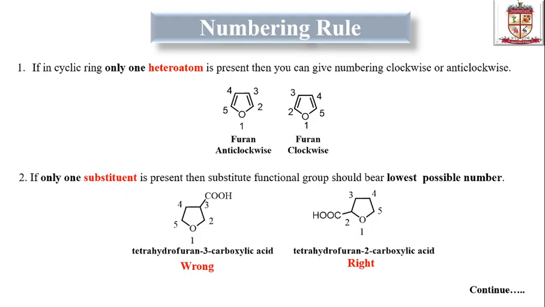If in a cyclic ring only one heteroatom is present, then you can give numbering clockwise or anti-clockwise. That means